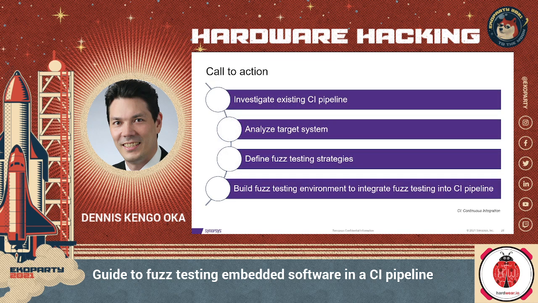So that brings me to the last slide with a call to action. I'd like to ask everyone to investigate your existing CI pipelines, analyze the target system that you want to fuzz test, define the appropriate fuzz testing strategies, and finally, build a test environment that allows you to integrate fuzz testing